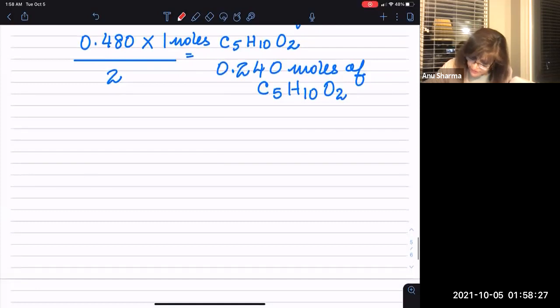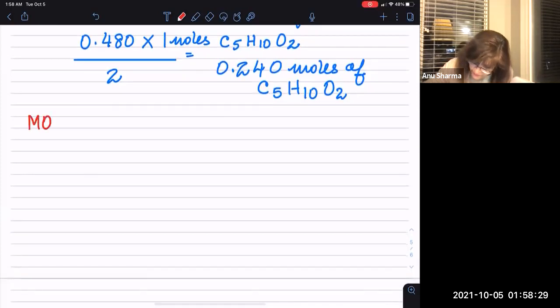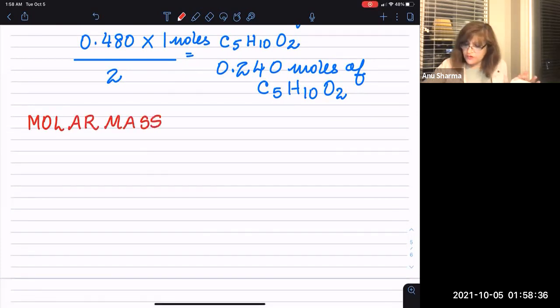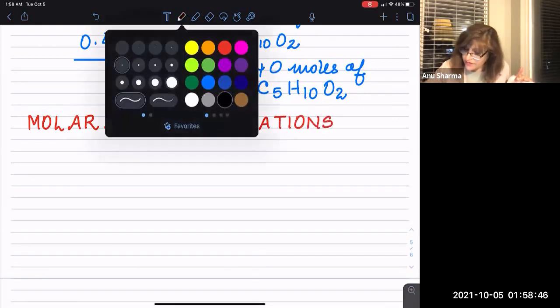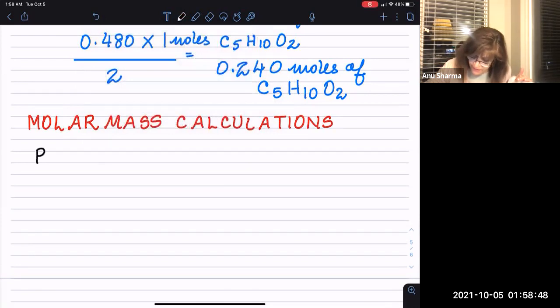Okay, let's do another calculation that relates to molar mass, because the one that's given in your book is easy, so I just want to do a little bit harder. So here is, for example, Pb